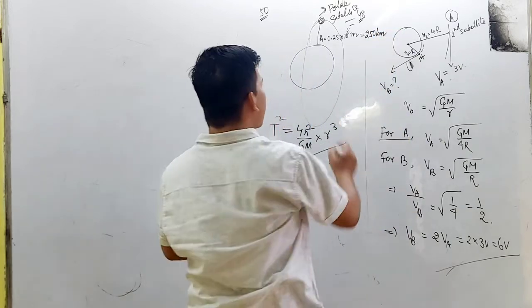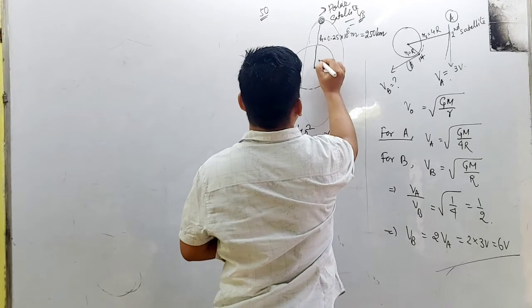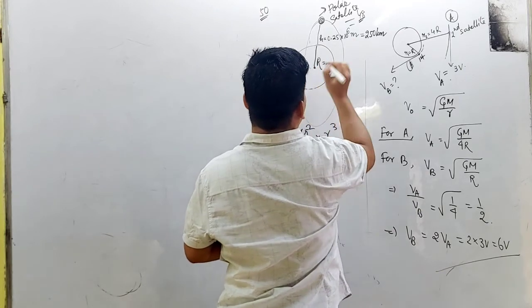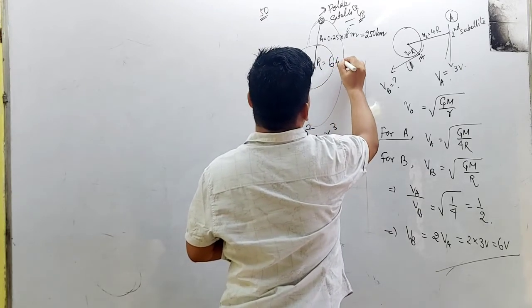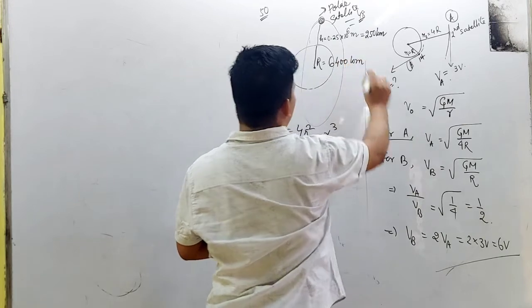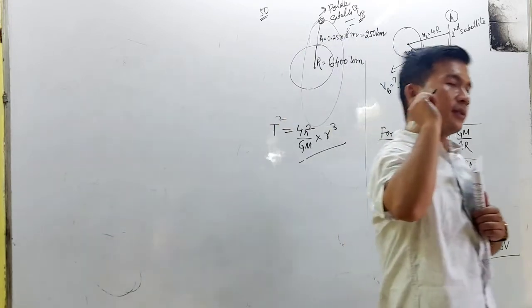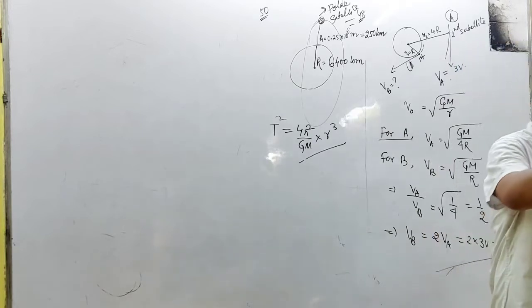See, what is the radius of the Earth? It is 6400 kilometers. Which one is greater? Convenience out, very easy, very simple, and when compared with